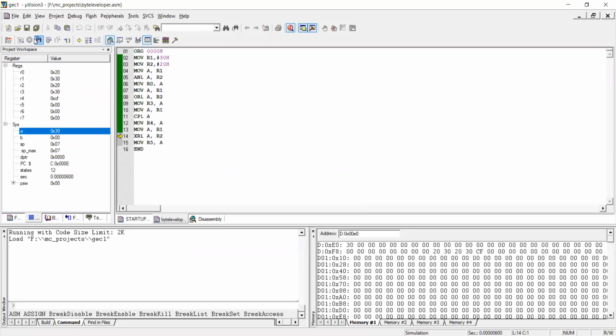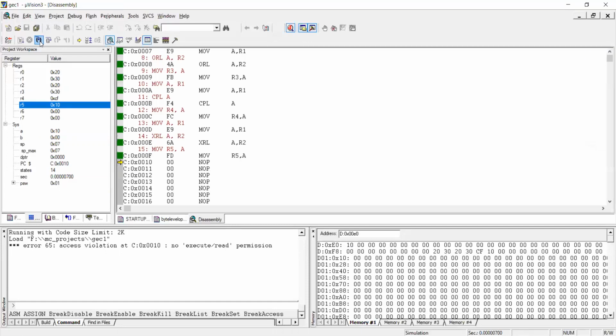Next, we'll perform the exclusive OR operation. What will be the exclusive OR operation of 30H and 10H? It's an odd function. What we have is 1, 1 and 1, 0, right? We have 1, 0 means the output will be 1. 1, 1 will be 0. So what you get here is 1 and 0. It will be 1, 0, right? You can see the content is also updated. Here it has changed to 1, 0.